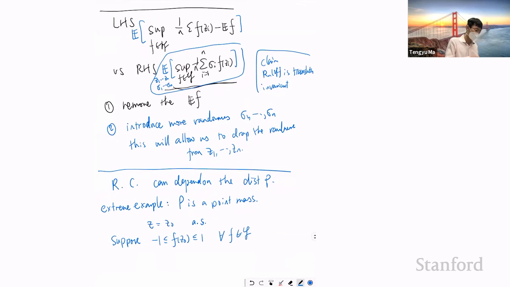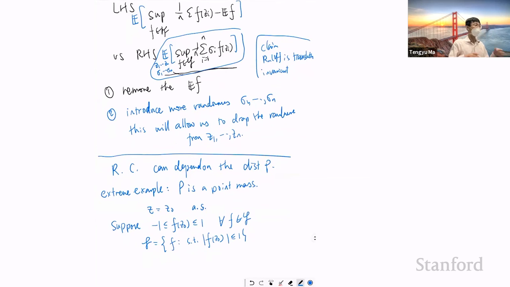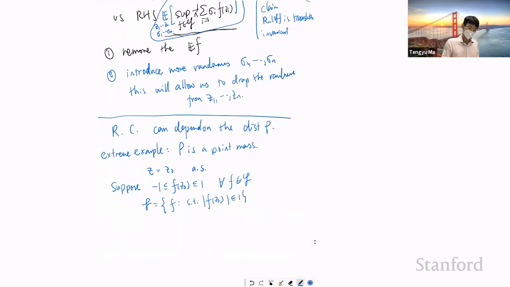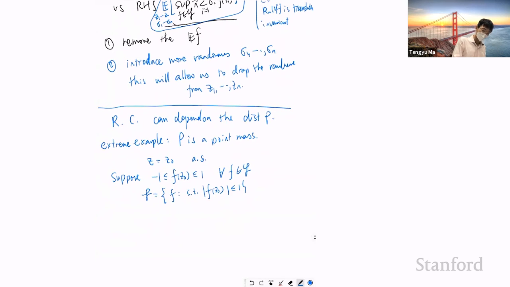So basically, you care about F, or maybe more technically, let's say F is the family of functions f such that f(z0) is bounded by 1. So you just have a bounded family of functions. You don't even have any parametric form. Still, you can prove that the Rademacher complexity of this family is small. So you can say that if you look at the sup,